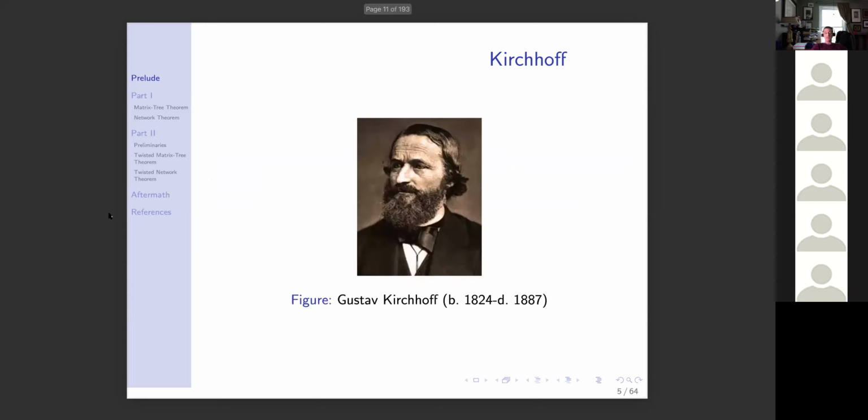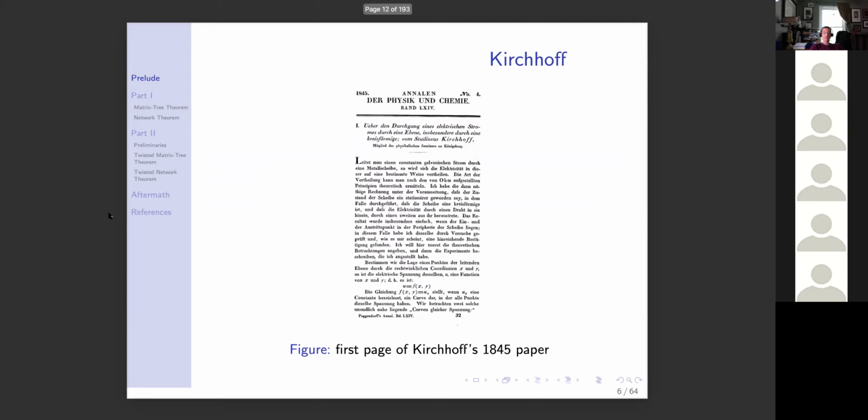Okay, so here is a picture of Gustav Kirchhoff. He was born in 1824 and died in 1887. And so in 1845, he would have been 21 years old when he developed this work. And here's the front page of his paper. It's in German, so I guess I can translate. The title is over or on the